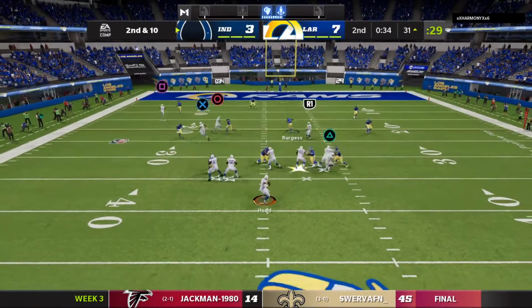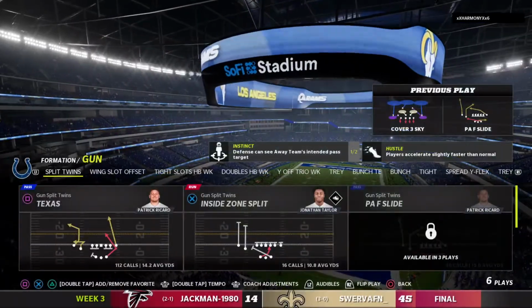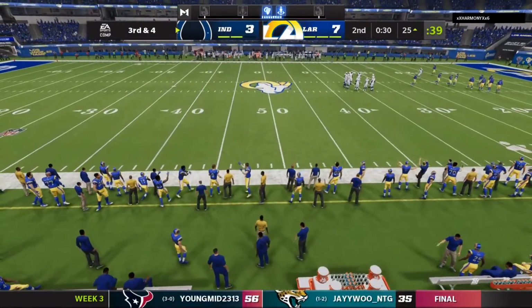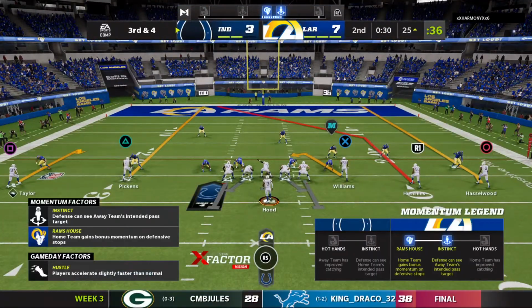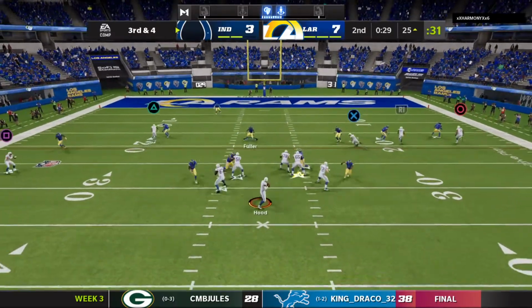Off play action. Hood. He'll be dropped at the 25 after a gain of 6. The Colts going to use the first of their timeouts as they get it right at the 32nd mark of this first half. This will be play number 9 of the drive here as they need 4 yards on 3rd down. From the gun,